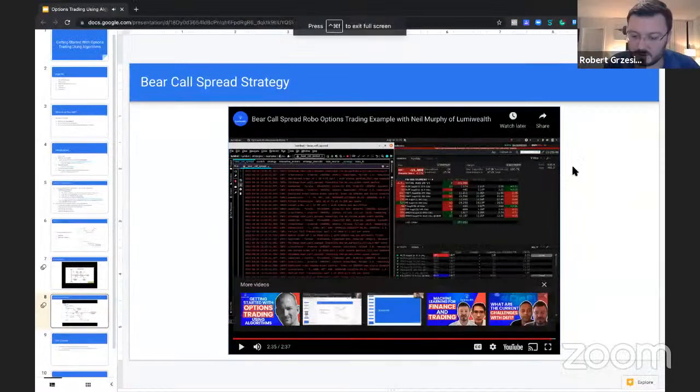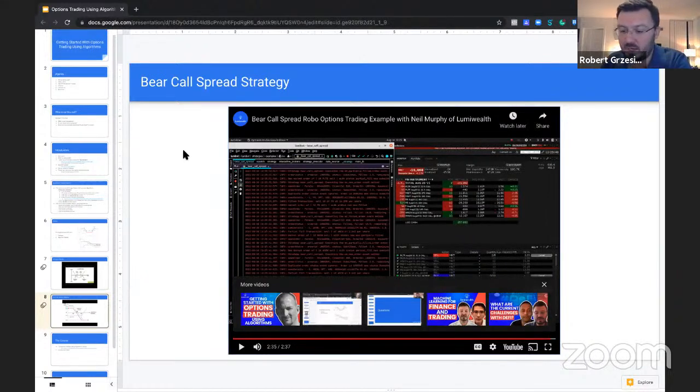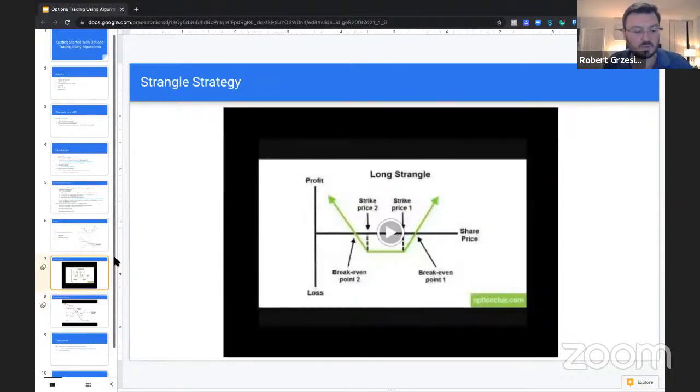Awesome, perfect. That's another strategy there. We have several strategies in the course itself. What do you guys think about that one? We got the bear call. We got the strangle strategy. I think we have, what was it, another 3 or 4 in the course itself that we show you guys that you can either use right out of the box and modify however you want. Create your own more complex strategies. There's a lot of different things you can build with it.